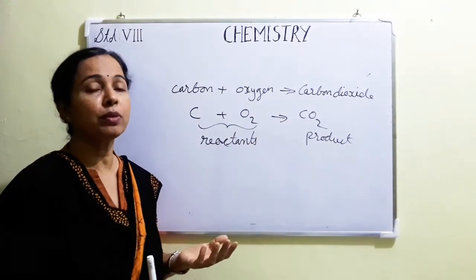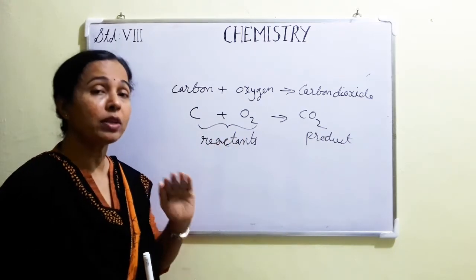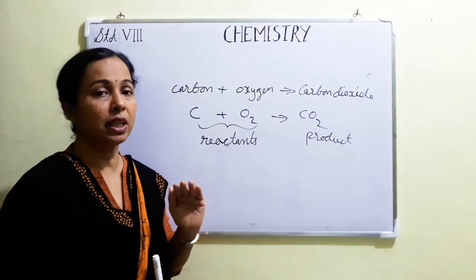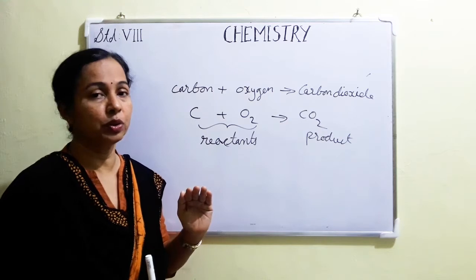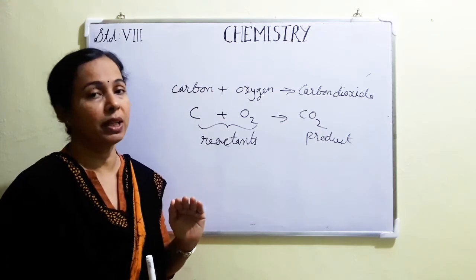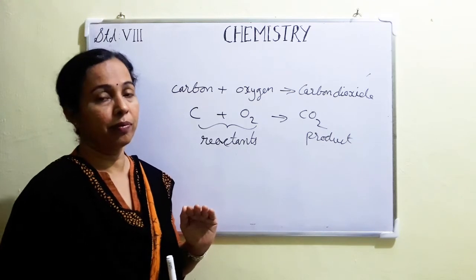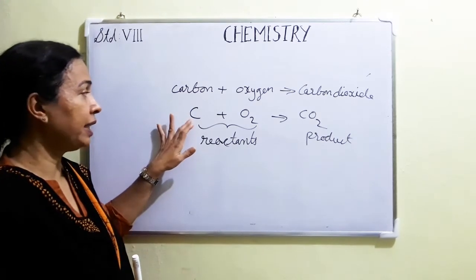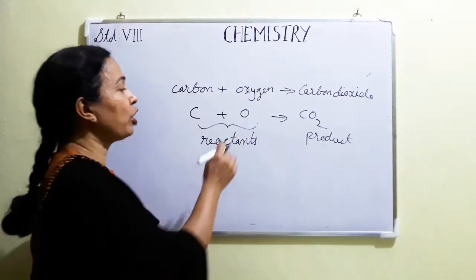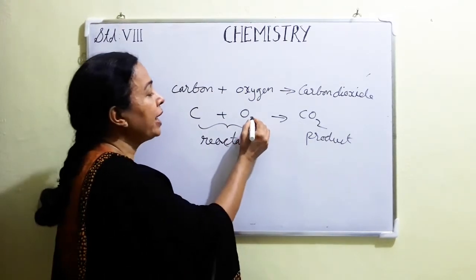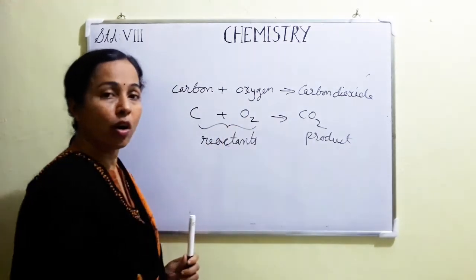Another most important thing is, when we write a chemical equation, we should represent each of the reactants and products in their molecular form. Atomic form we should not use, because atoms cannot exist independently. They are not stable. So you may ask why I have written a symbol here. See, oxygen, I didn't write O. I wrote O2 because an oxygen atom cannot exist independently. So I write the formula. Formula represents a molecule. So this is the molecular form of oxygen.